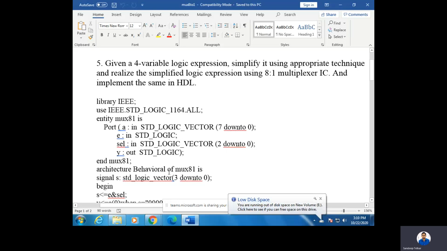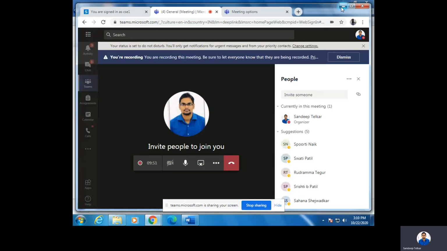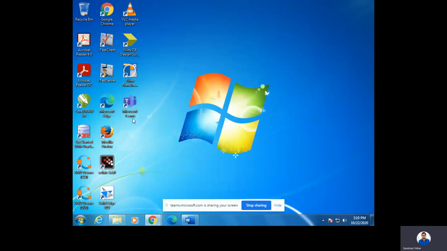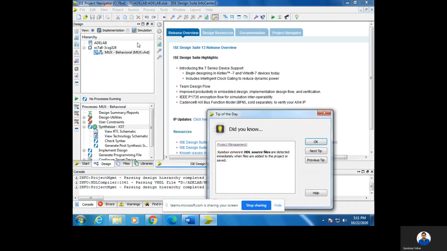Let us now try to execute the program. As you all know, to execute an HDL program you require the Xilinx software, so you have to install that particular software. Let me show you the Xilinx software which has been installed in my system. After installing the Xilinx software, you will get two symbols on your desktop. The symbol represented like this is Xilinx ISE Design Suite. Once it has been completely installed, you will get this symbol on your desktop. Just double click on this Xilinx software.